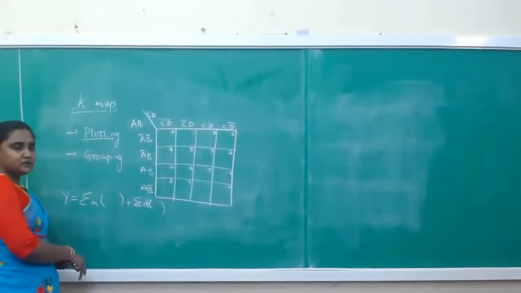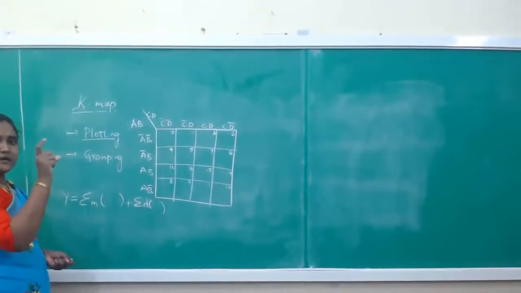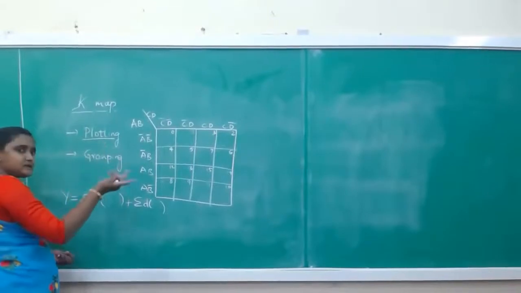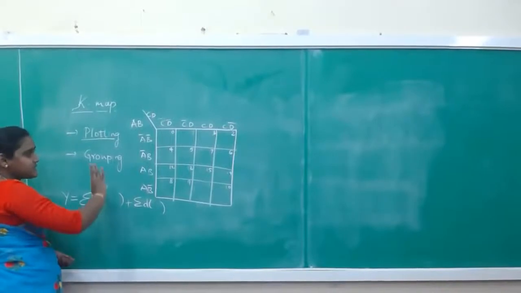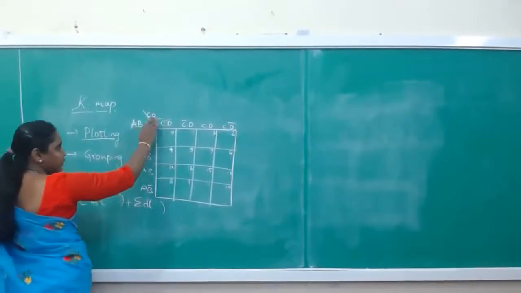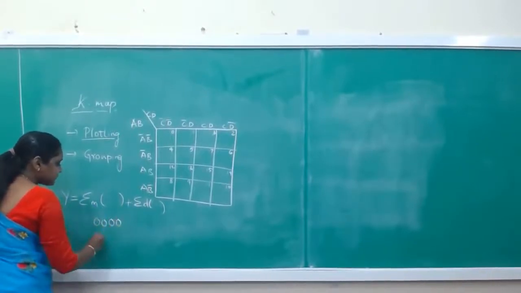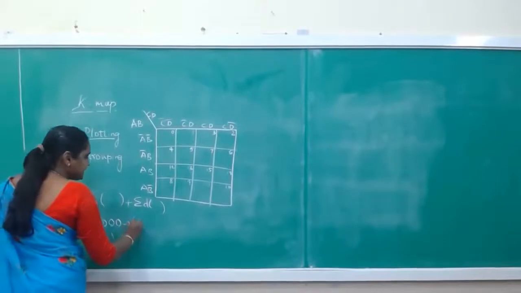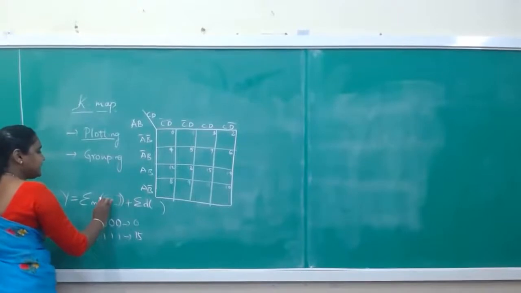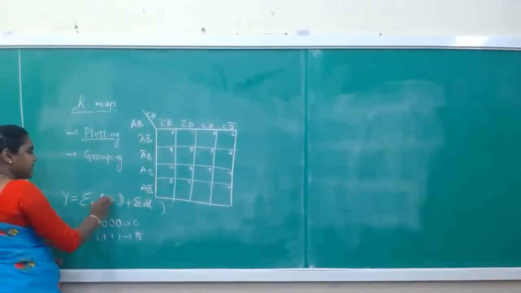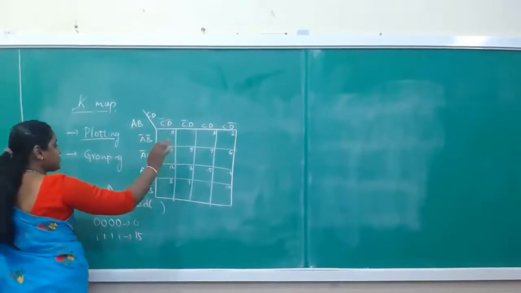Okay, in sum form each term is a product term. That particular term, in its true and complemented form, is called a min term, right? So how many min terms can be formed when we have a four variable K-map? It can make combinations from 0000 to 1111, taking possibilities of 0 to 15. So any number from 0 to 15 can be present inside the sigma m, and those are called min terms. These min terms inside the K-map should be entered